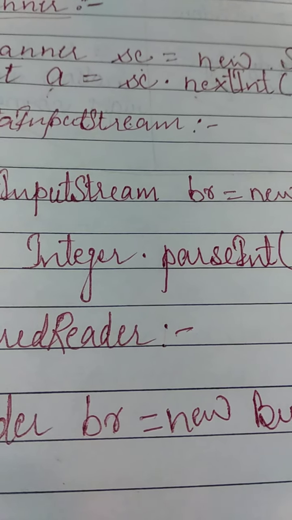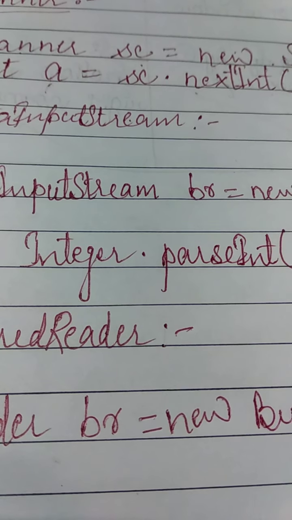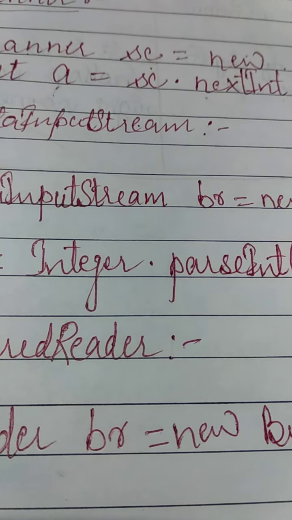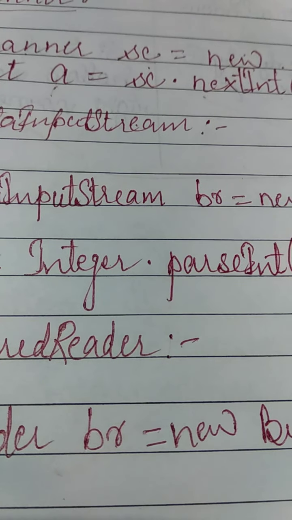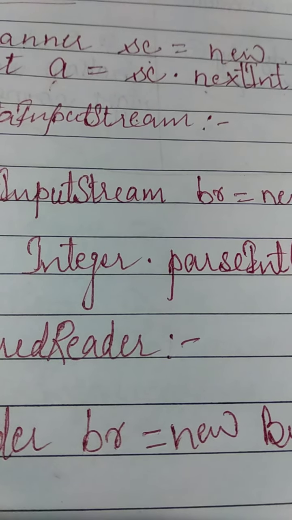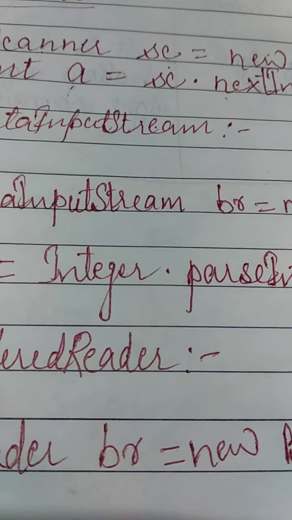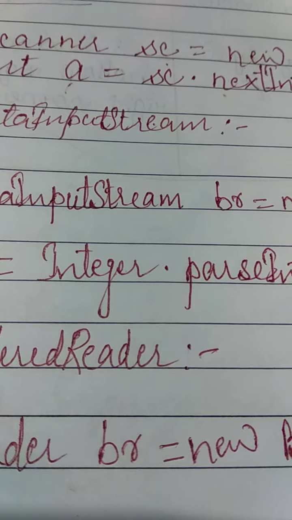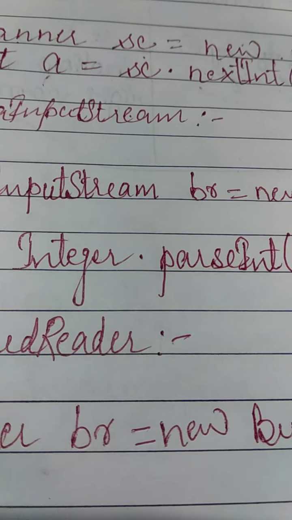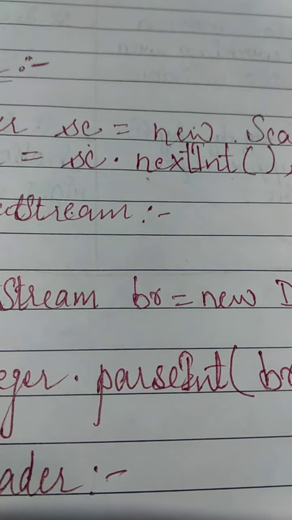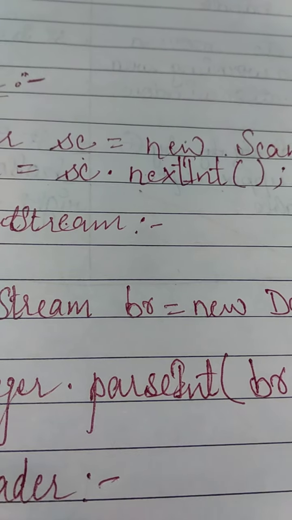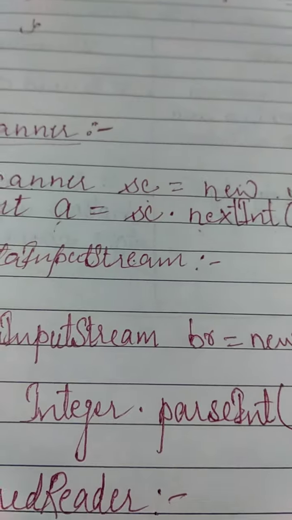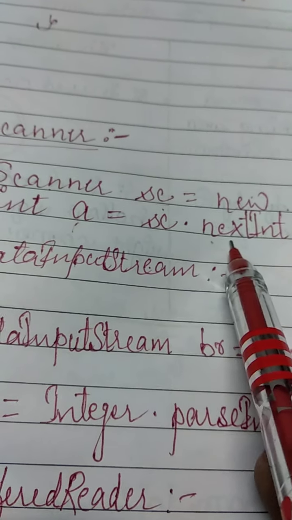As you know, all the input in Java is in the form of a string, and this Integer dot parseInt is used to convert a string into an integer. Now the question arises, what happens in the case of double? In the case of double, Integer will be replaced by Double, D capital, Double dot parseDouble. And what happens here? There is no conversion. nextInt directly converts the string into an integer. In the case of nextInt, we are going to read the value here. This one I am indicating, this nextInt.